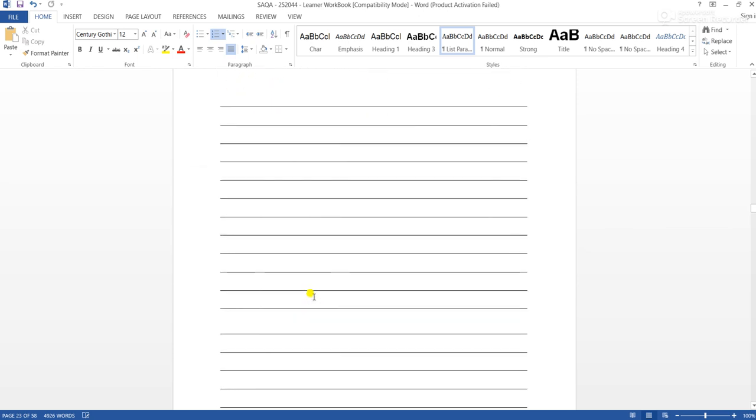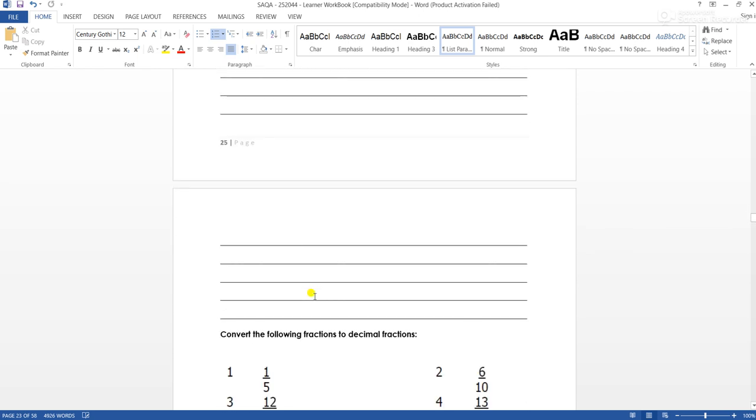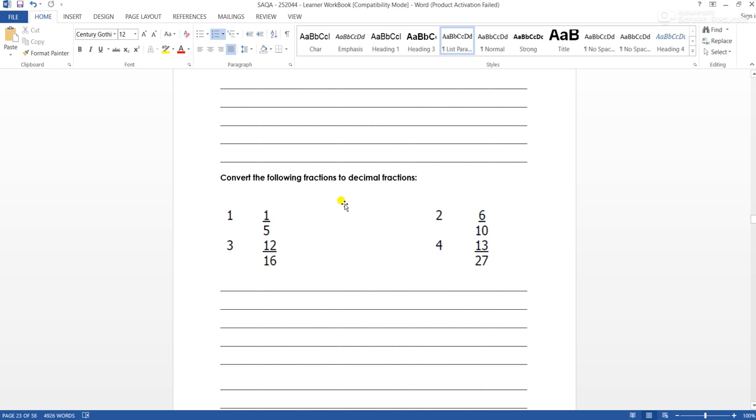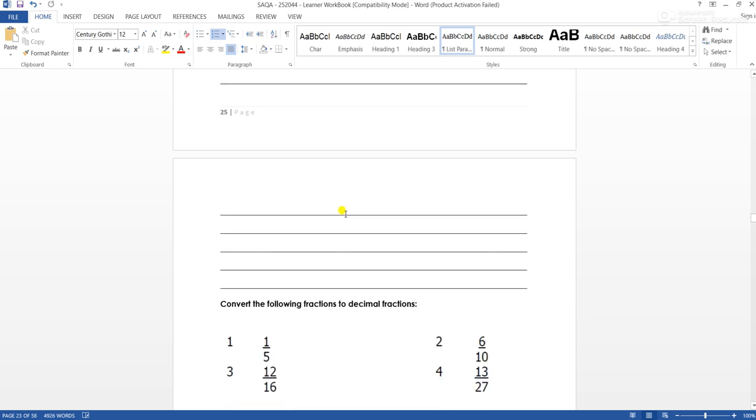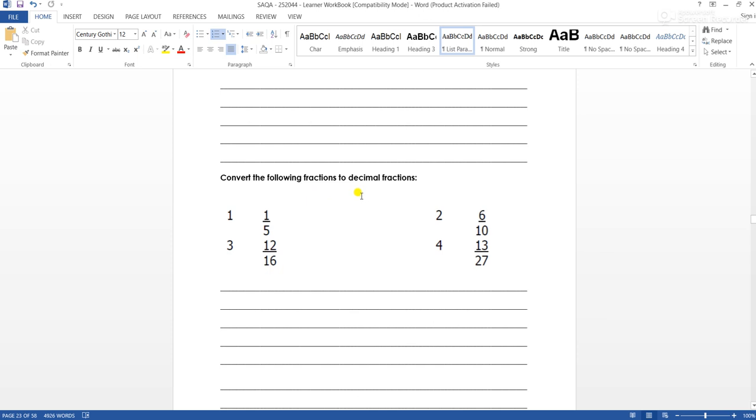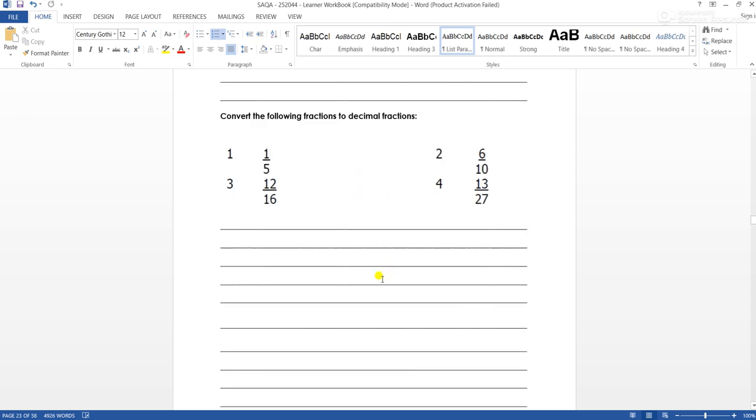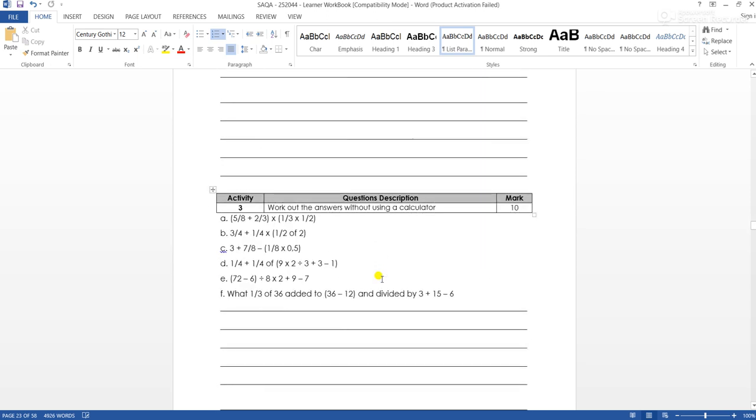So that is for activity 2, and also activity number converting these fractions to decimals. You need to use long division. We have done that. You can use long division to convert from fraction to decimal. And also activity 3, we need to apply BODMAS. So BODMAS, we need to apply BODMAS within this